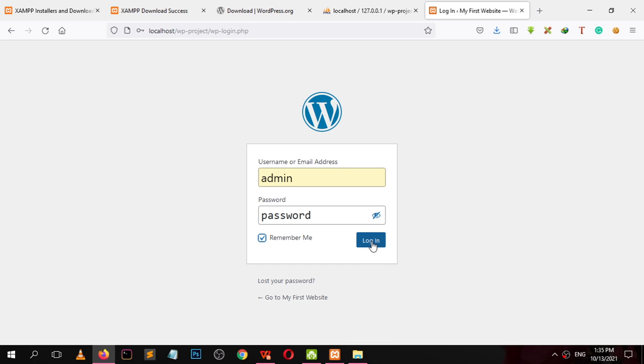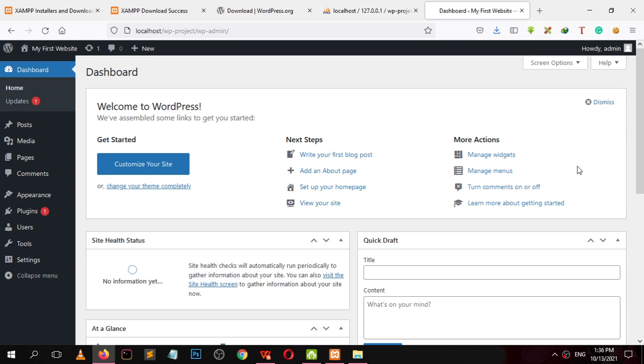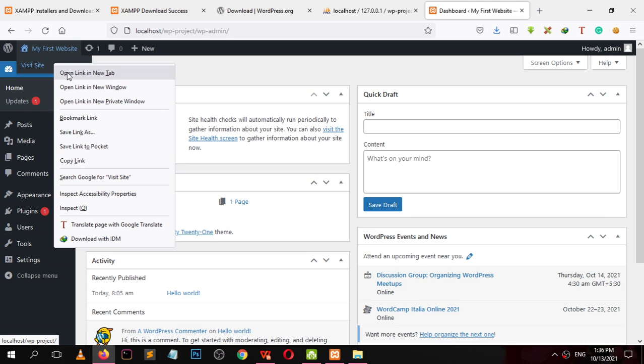So click login. Now from this dashboard we can start customizing our website. This is how our first website looks.